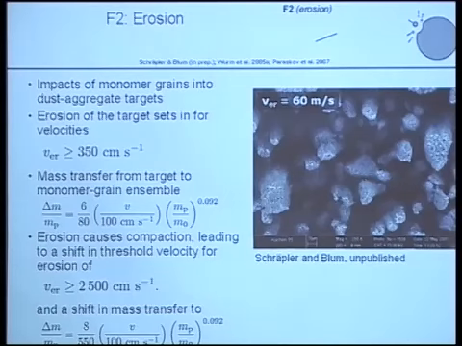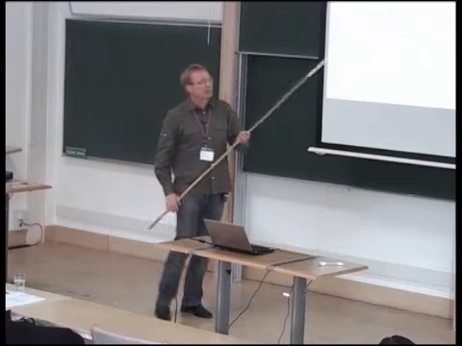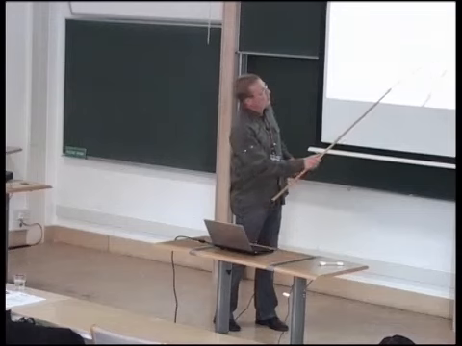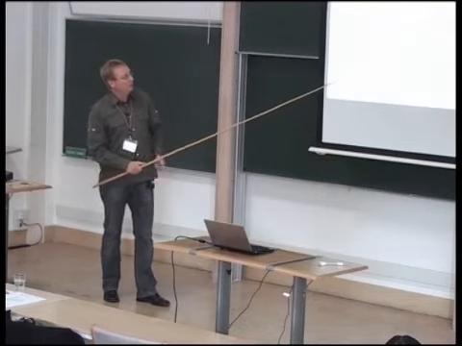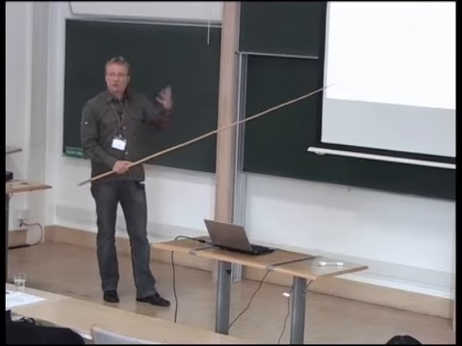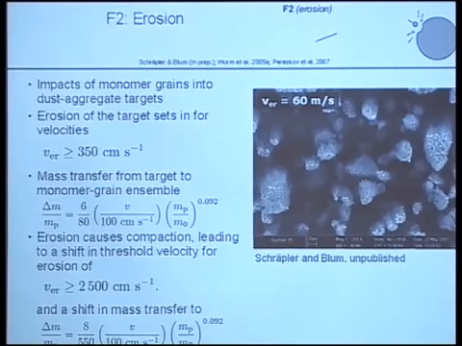However, if you do these experiments continuously over several minutes or so, you see that this threshold increases dramatically to about 25 meters per second. What happens is that the porous target gets solidified, and it forms these solid bars here with holes in between. And this passivates itself for small impact velocities. No longer does erosion take place. It's a very complex process that we have not properly understood yet, I must admit. But I'll show you that it doesn't play a role in the model, unfortunately, because it's a nice process. But we have also covered that.